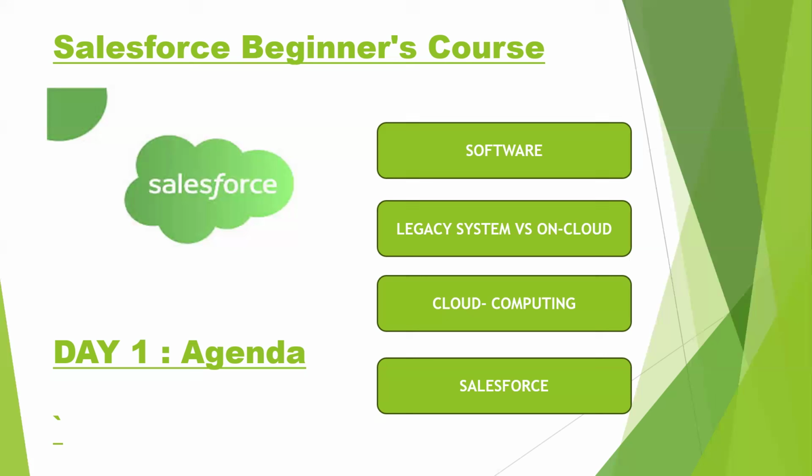You must have heard about two terms: one is hardware and another is software, right? What is hardware? Like a laptop, or if you purchase a CPU, or buy a mouse, keyboard, monitor, computer, those are called hardware. The programs that run on those hardwares are called software. Software is of two types: first is system software, and second is application software.